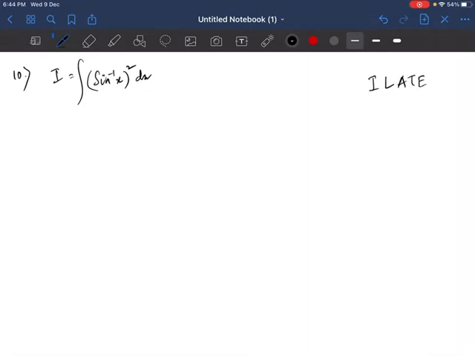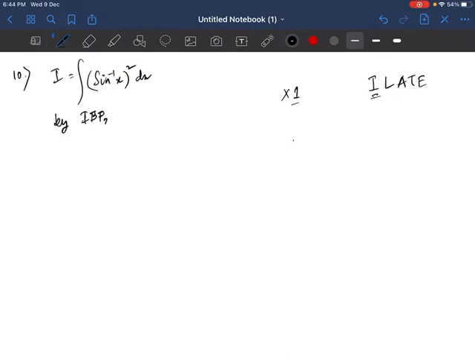But if you look carefully, there is only one function, that is inverse trigonometric function. So whenever there is only one function, think of it as multiplied with 1. I can express any number multiplied with 1. So sine inverse x whole square is also multiplied with 1, and this 1 is basically an algebraic function. So here obviously inverse trigonometric function comes in front. So we have, by integration by parts.